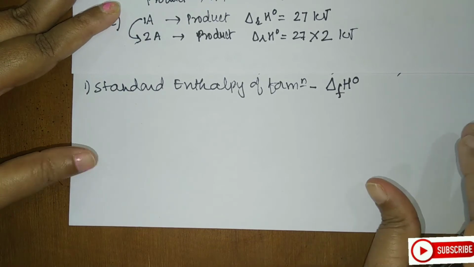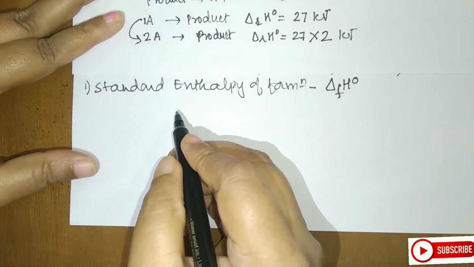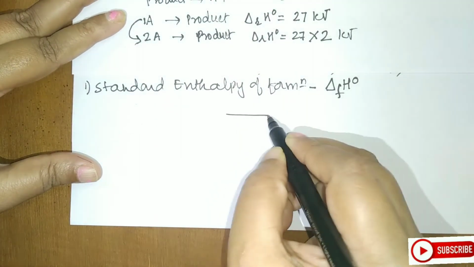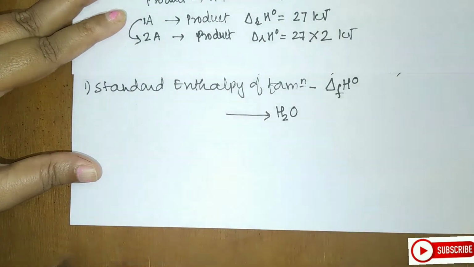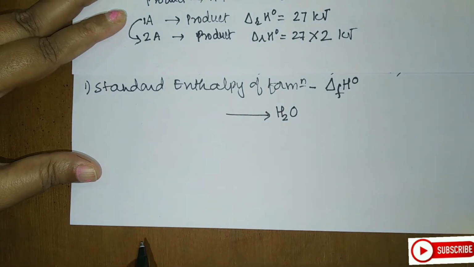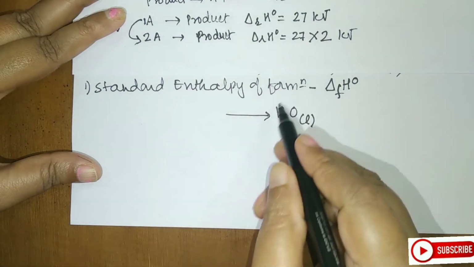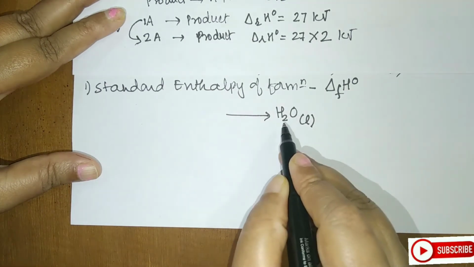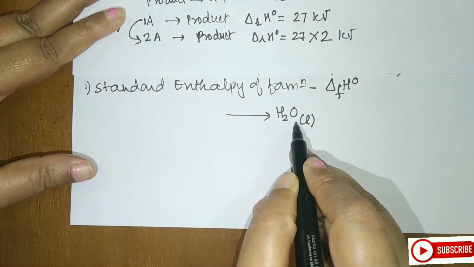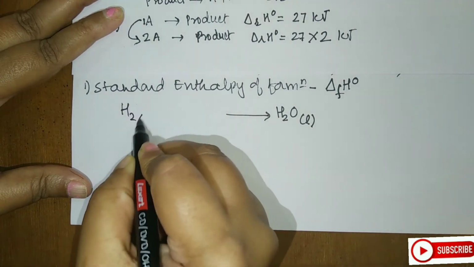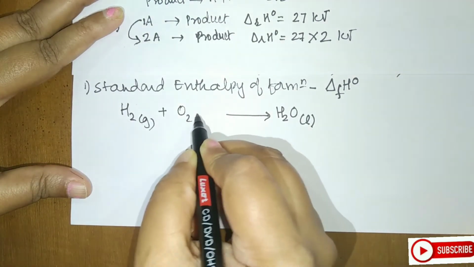To create the definition, let us go through an example. Here, I am interested in the formation of water. Whenever it is formation, it means it will get formed on the product side. So I am going for formation of water. The standard physical state of water is liquid. So I will write here water liquid. If you see the product, the elements here are hydrogen and oxygen. So let us write hydrogen and oxygen in their free elemental states. How you will write hydrogen is H2 gaseous plus O2 gaseous.